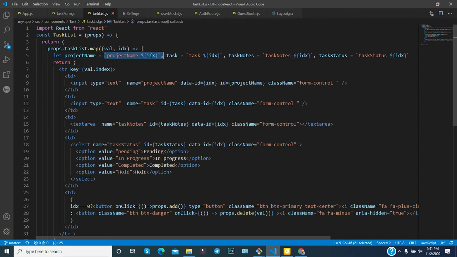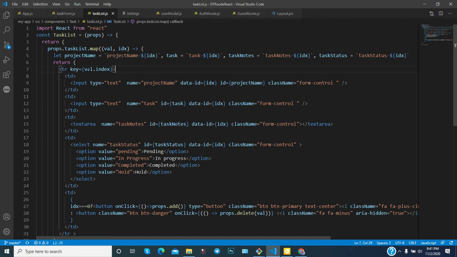That's why you have provided idx, because idx is always unique, it will give you 0 1 2 3 4 like that, because this is the index of the array, and val is the value of the array for that particular index. So now you got these unique values.